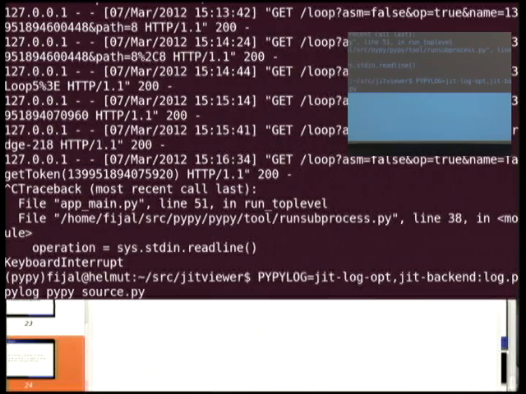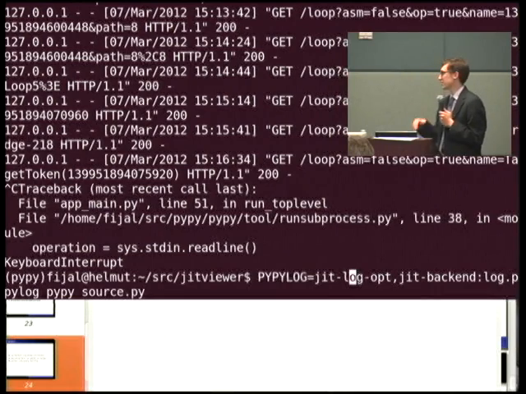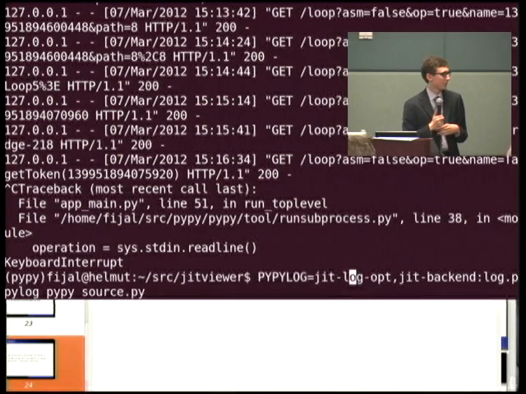Essentially what that's saying is we would like the log to contain the optimized logs of all the instructions we've been looking at, and the backend, which contains the number of times each loop was executed, and then it dumps it to the log.pypylog file. And that's the name of the file you'll then point the JIT viewer at to display it. We'll leave this up, and the JIT viewer README has that as well.